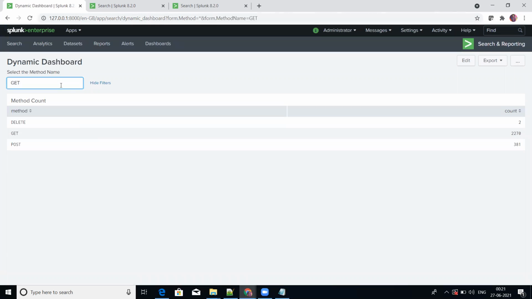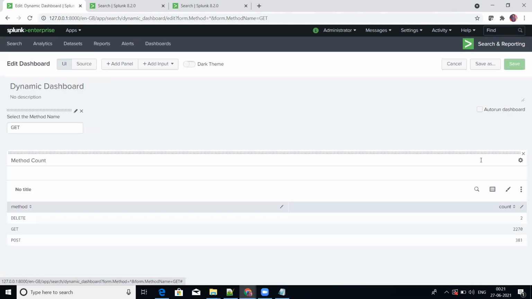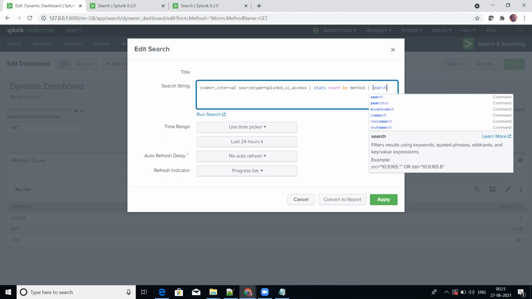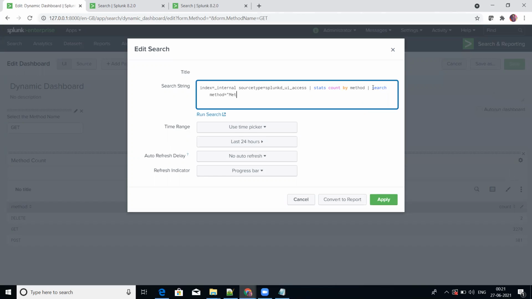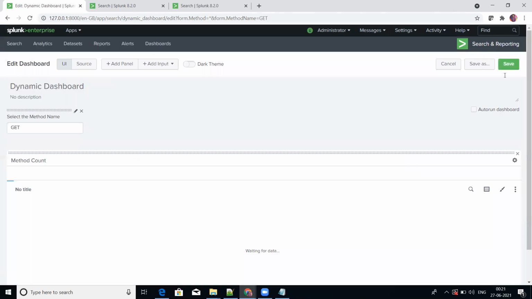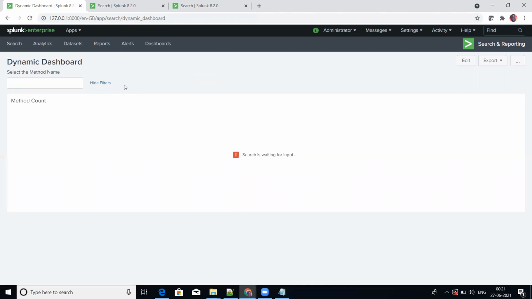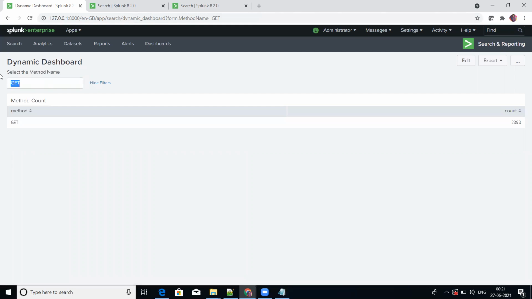Now I want to search for get. I'm hitting enter, but nothing is happening. Why is nothing happening? Because my query does not have method name. So either I can put method equal to method name here, or I can put it like this. Both are the same, right? Method equal to method name, but this is a token, so it has to be enclosed in quotes. Anything is fine, whatever you do doesn't matter. Okay, there's no default value, so get. If you want to see the data for post,